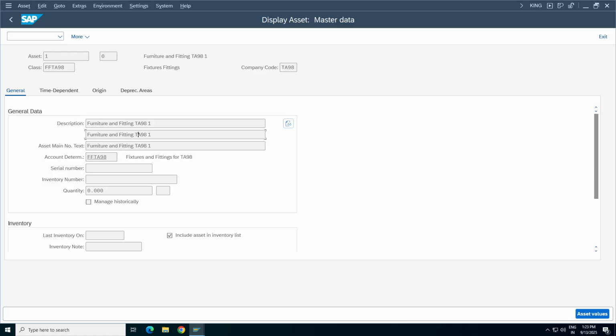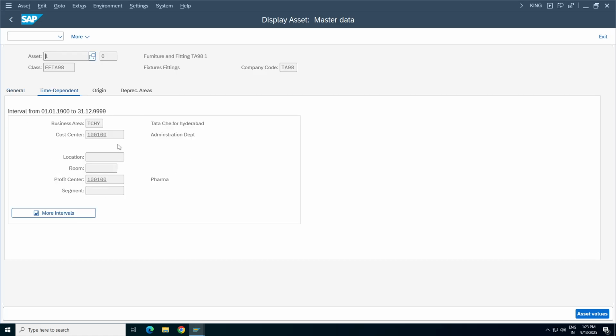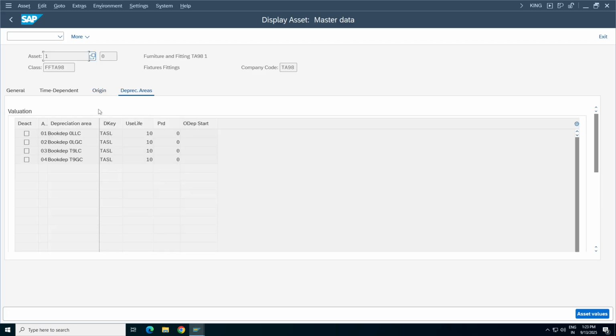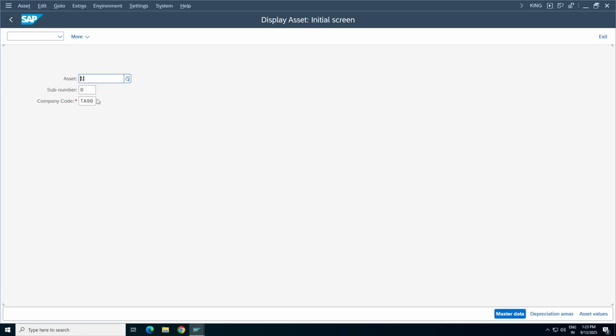Now, time dependent cost center: enter it, and the system will update the business area, profit center, and origin. The system will update the vendor master as well once we purchase the asset. Now my question to Sakshi is, I don't see,